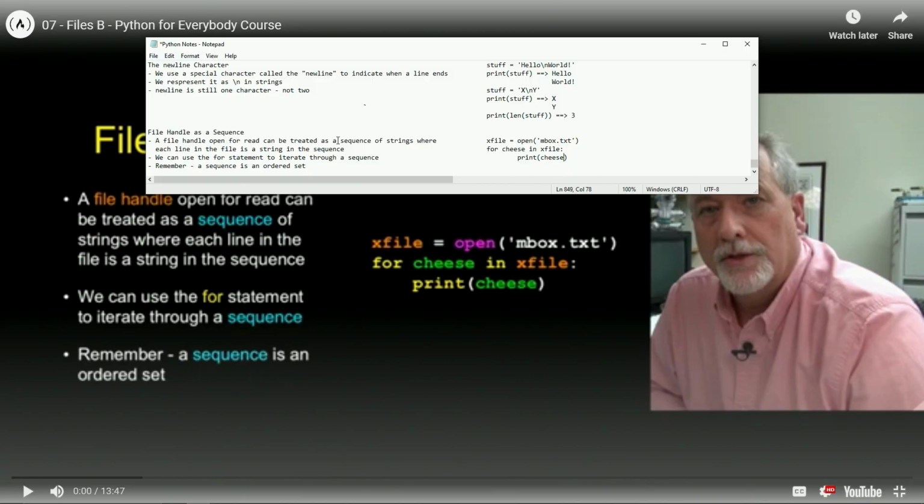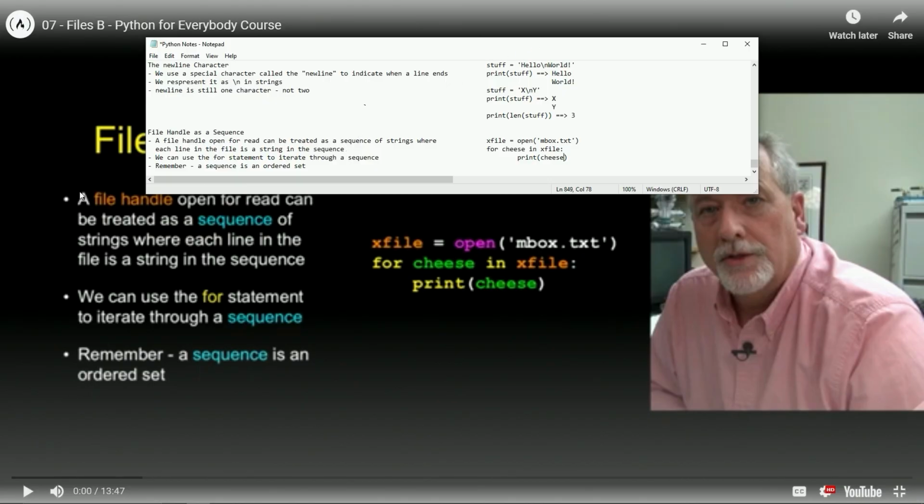What? So we can... What? A file handle open for read can be treated as a sequence of strings where each line in the file is a string in the sequence.